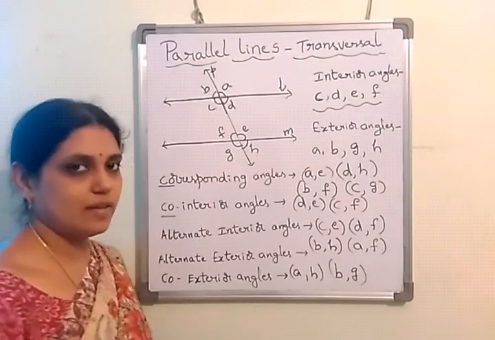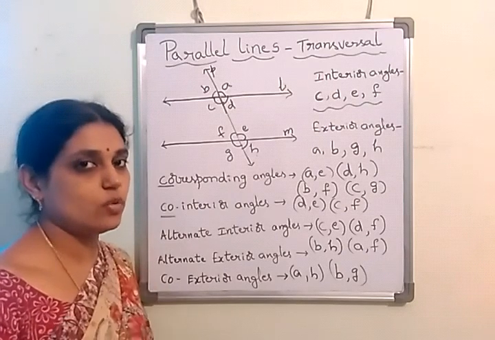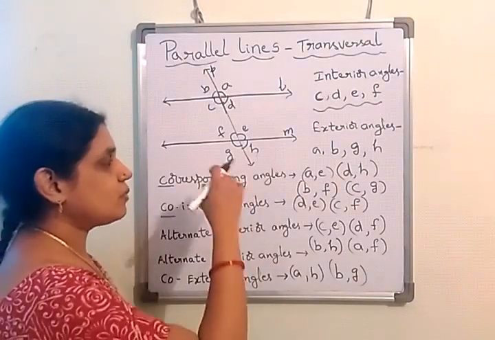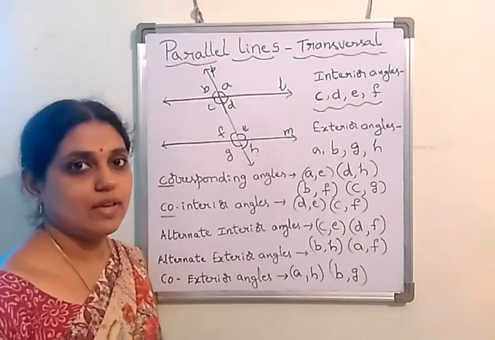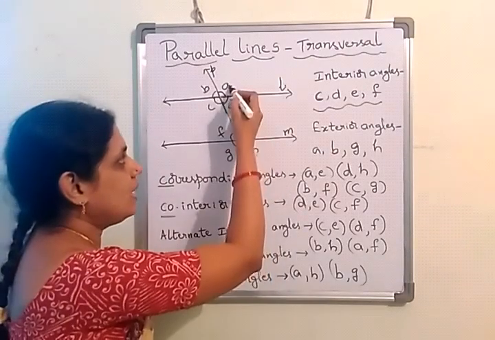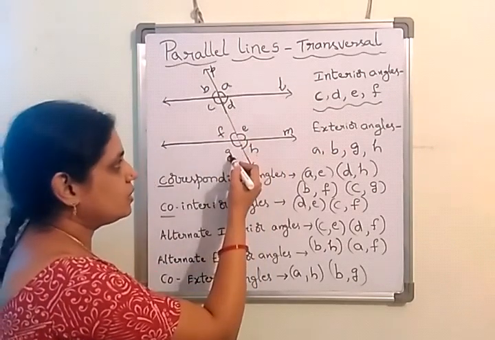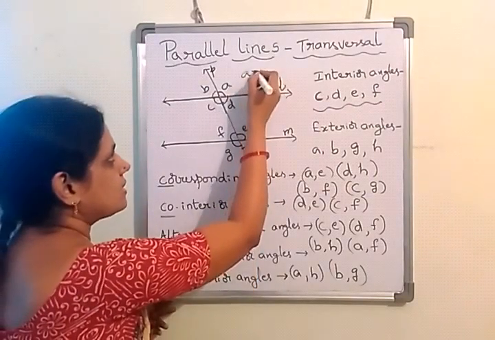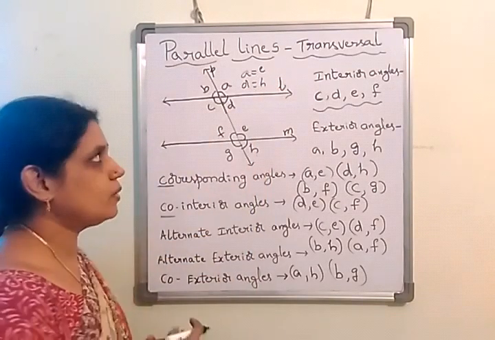And we have here that corresponding angles are equal. Okay, like that we have a few statements; you have to remember a few facts. What are those? Corresponding angles are equal when the transversal is drawn for parallel lines. So A is equal to E, D is equal to H, C is equal to G and B is equal to F. Okay. So corresponding angles are equal like this. D equal to H, just for example, I gave.